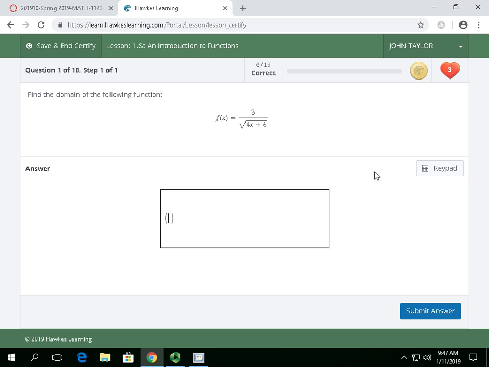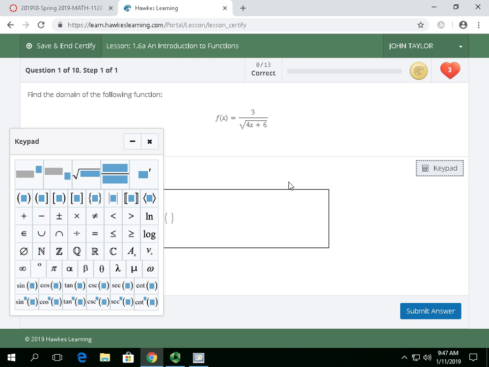Negative 3/2. I'm going to use the keypad for typing in the fraction. Where's my little fraction button? Right here. So what is this? Negative 3/2. Come over here and put the little comma. And then what do I want? Infinity. Where's that at? Okay, there it is. I'm going to X out of it.